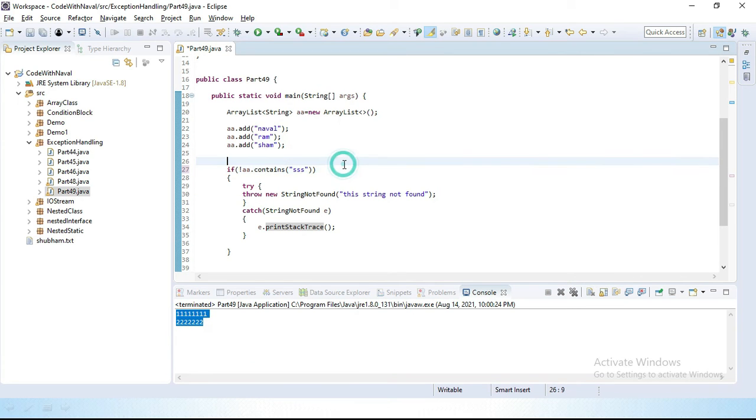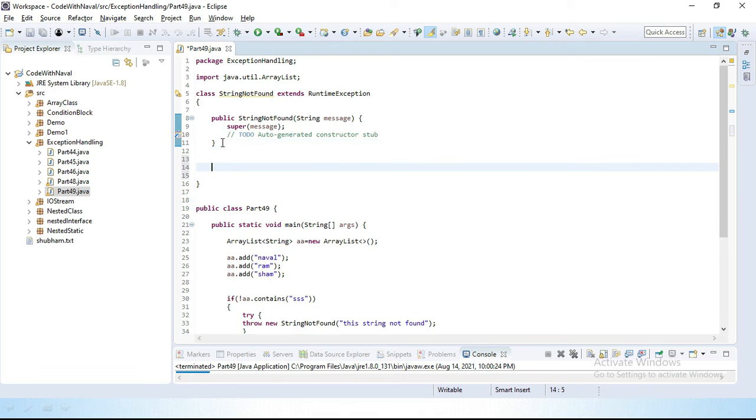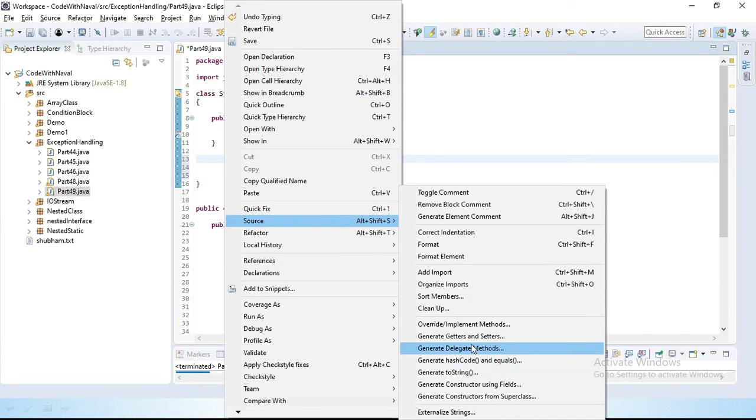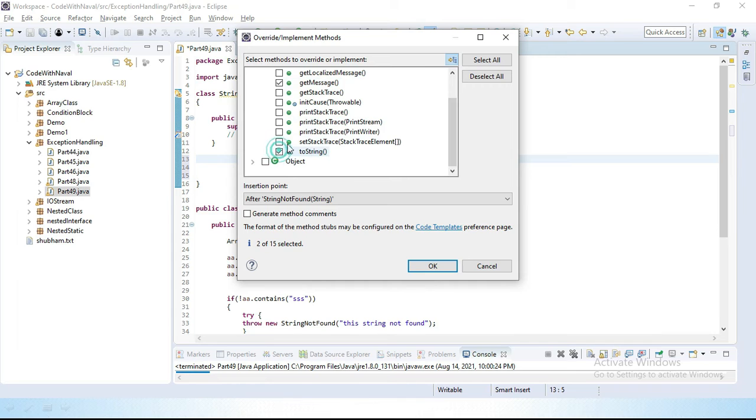Now in the last video also we saw we have a few more options. We can override those methods. I'll right click, and here we have Override/Implement Methods. Here we have the getMessage method and the toString method. Mostly we use these two: getMessage for printing a message, and toString for printing the exception class with the message. You can choose any option depending on your requirement.